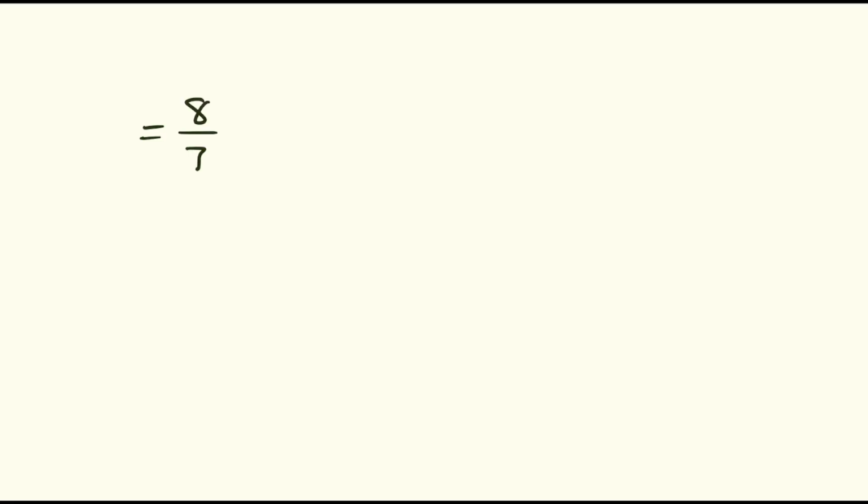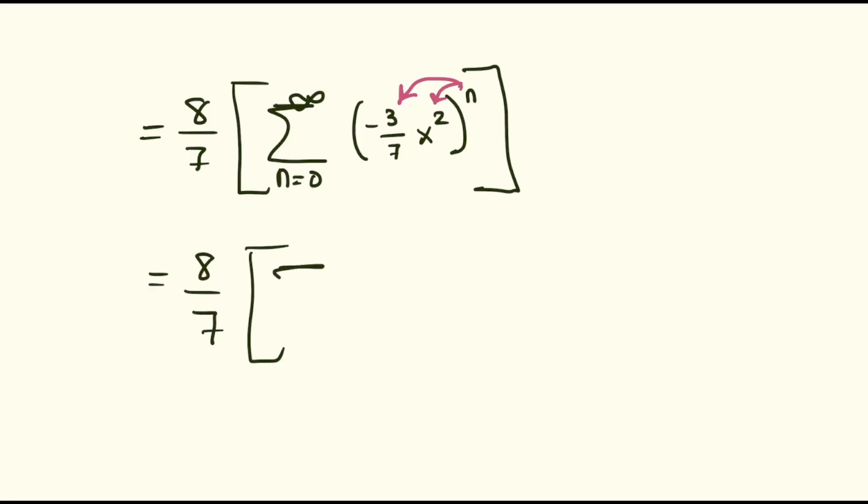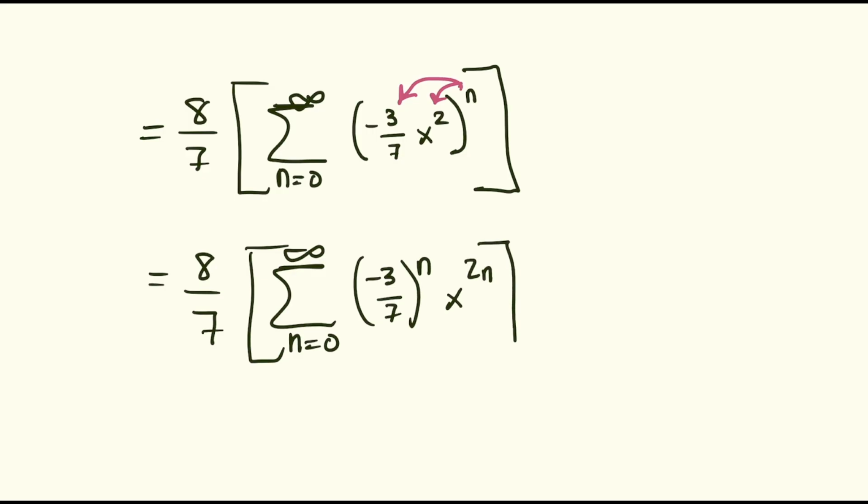All right, so there's our 8/7, and instead of our fraction, we've got n is equal to 0 to infinity, and instead of putting an x here, we have negative 3/7 x squared, and this is to the nth power, and put in our square bracket. Next up, we're going to take our n and distribute that all the way across to everything. So we are going to have 8/7, and this is going to give us a negative 3/7 to the nth, x to the 2 times n. And now we can distribute the n